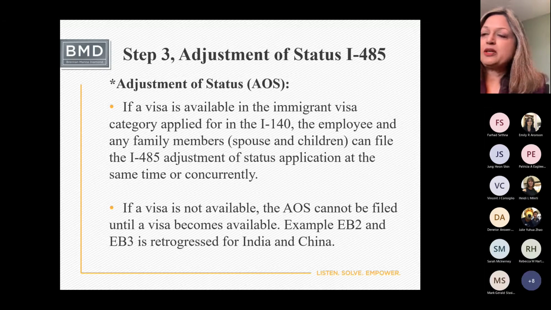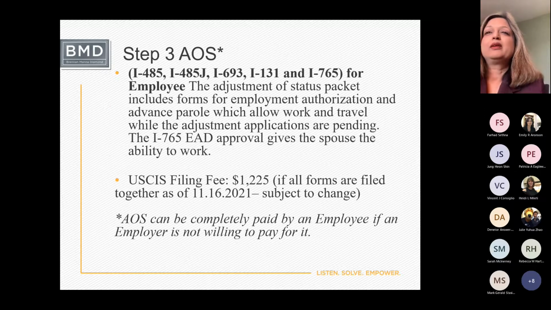Perfect examples today are people from India and China who are retrogressed. If a visa is not available, then this step 3 cannot be filed by the applicant. Next slide, please. So what are the forms that we file for adjustment of status, for you to actually